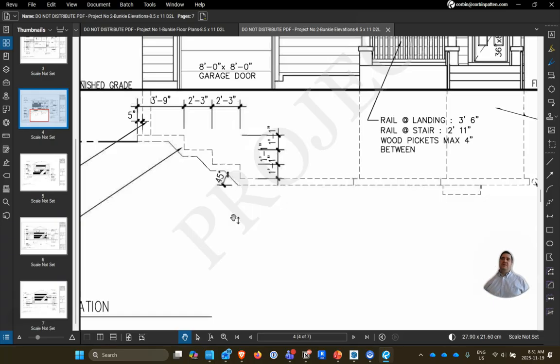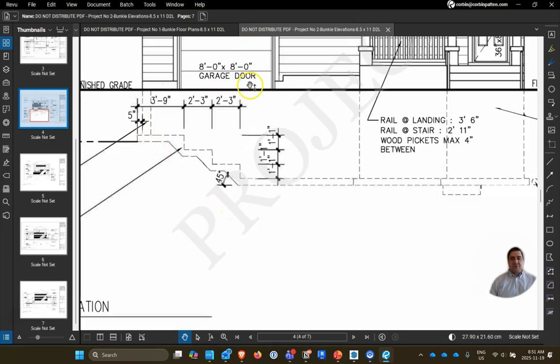Typically you'll see a run of around 4 feet, and a maximum rise of 2 feet. Here we actually have quite a bit less in terms of what we're doing with the steps. So we're going up 1 foot 1, we're going over 2 foot 3. So not super hard,